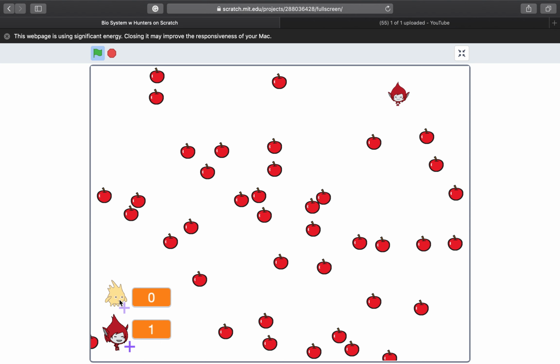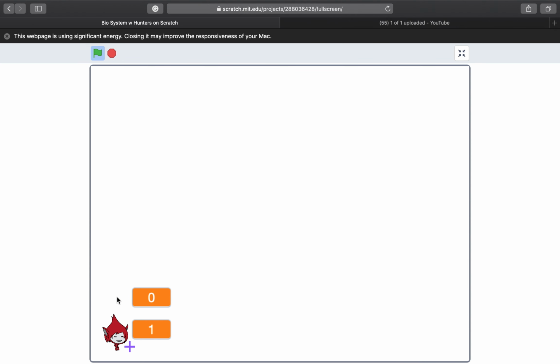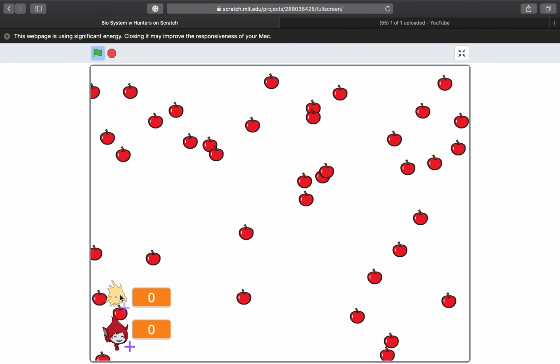And this is the gobo count, which is gobos do something different. Let me show you what gobos do. If you launch a gobo, they don't eat apples. So gobos actually are unable to eat apples. They only eat gigas. So they're carnivores. So this guy is going to starve to death. Okay? And if I launch another one, he's going to starve to death because there's nothing to eat.